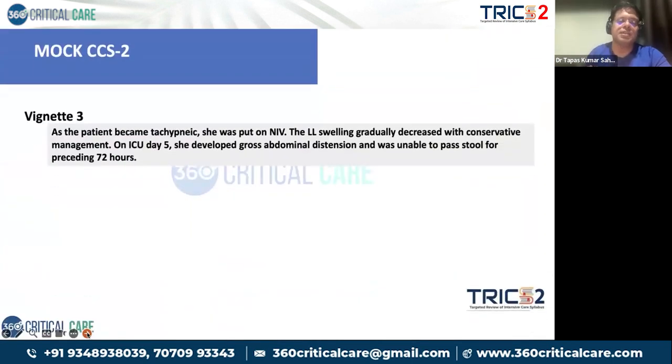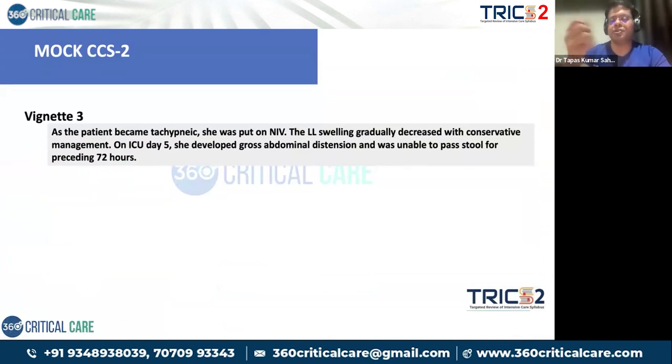Now, the clinical case doesn't end here. The examiner would now complicate it further. As the patient became tachypneic, she was put on NIV. The lower limb swelling gradually decreased with conservative management. So you are happy. But on day 5, she developed gross abdominal distension and was unable to pass stool for